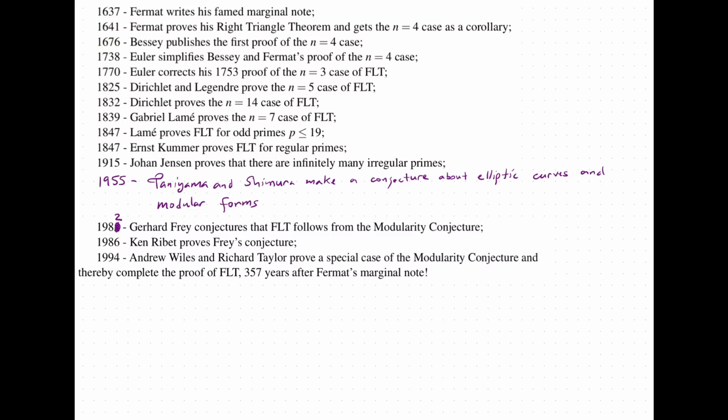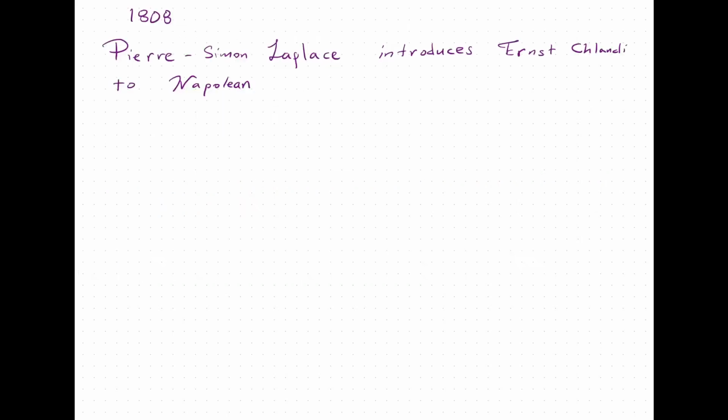And then over a span of a few decades, a lot happens. And so there is a monumental work that happened right before 1825, which allowed Dirichlet and Legendre to both independently prove the n equals 5 case of Fermat's theorem. So to better understand the context for what we are about to discuss of what happened right before 1825, let us go to 1808. And so Pierre Simon Laplace, whom some of you may have already encountered in other math courses,